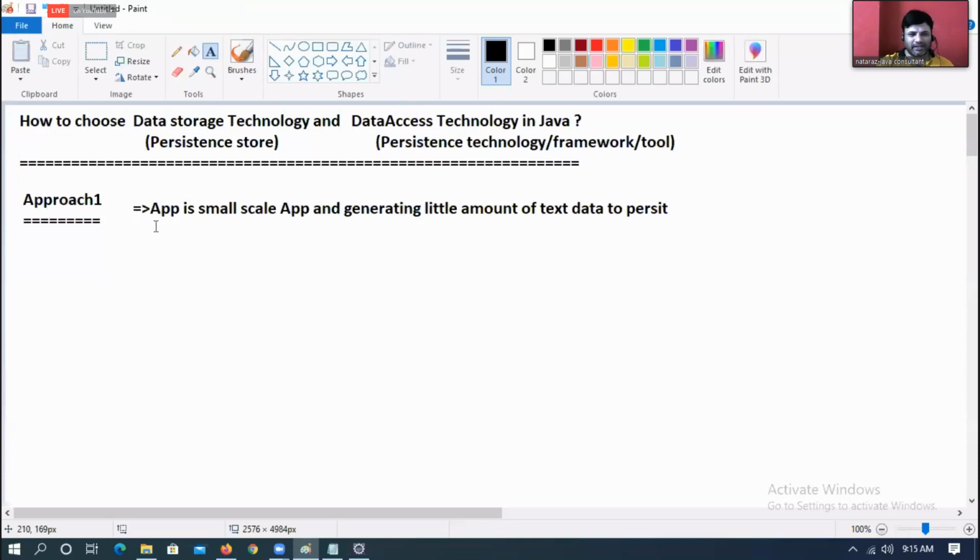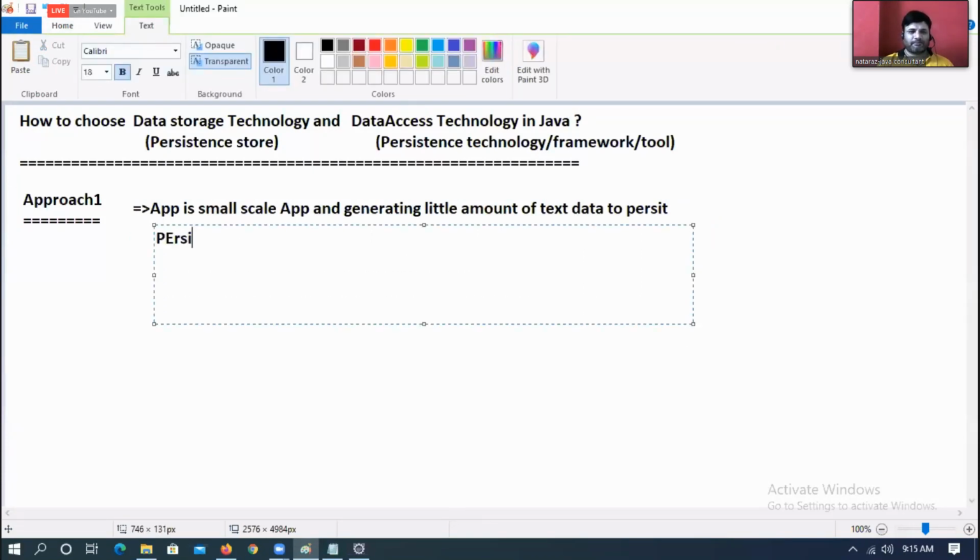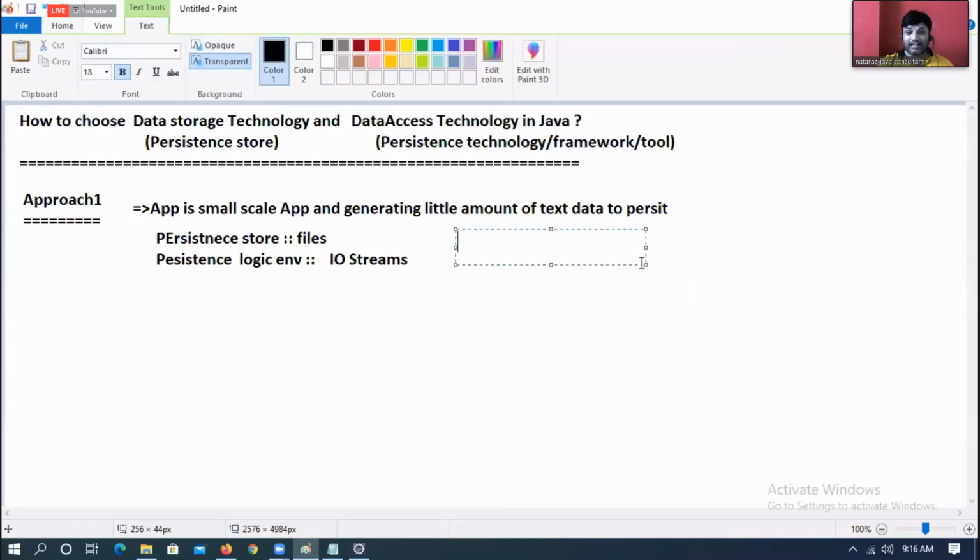Then my recommendation is that the persistence store is files. Prefer using files. I will write the persistence logic using IO streams. Prefer using what? IO streams. I said text data.